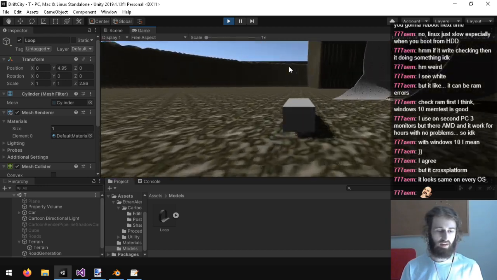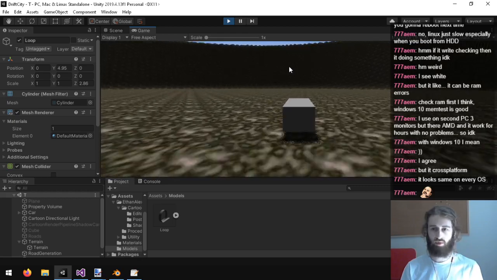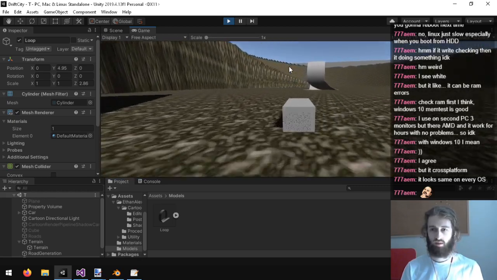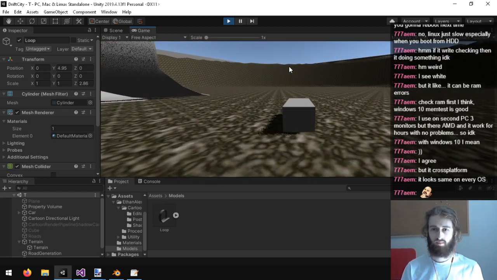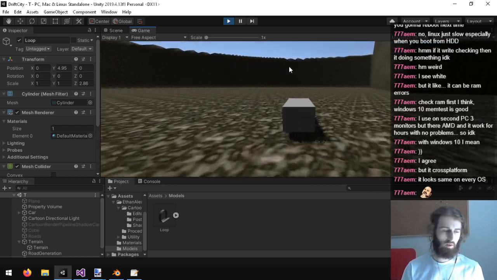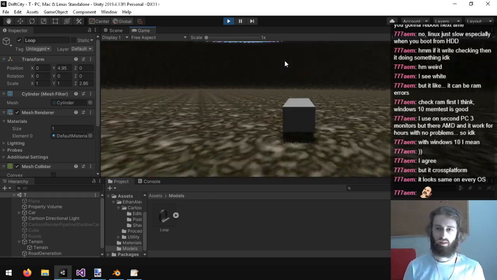So I'm thinking, what would be the alternative to that? How would you make this not shake? How would you make it be able to go up little ledges and stuff?